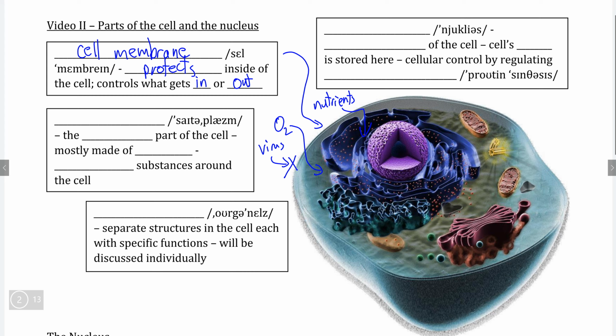Now, likewise, the cell membrane can also allow certain substances to get out of the cell if keeping them inside would be dangerous. And the best example of this is carbon dioxide that is produced whenever cells produce energy. Carbon dioxide is produced as a waste product, and so the cell will allow carbon dioxide to exit the cell. Now, if we are a substance that is able to pass through the cell membrane, we would actually enter a